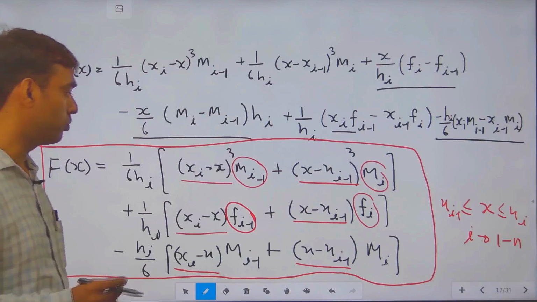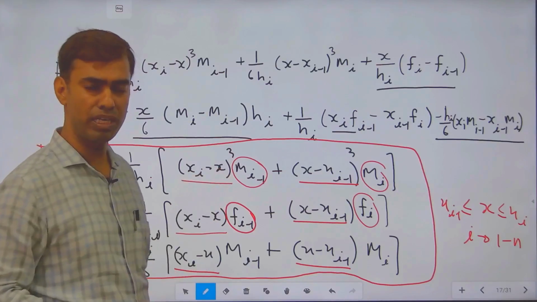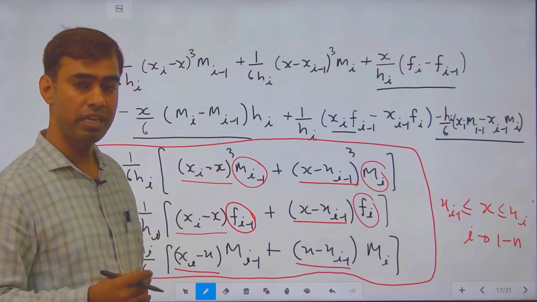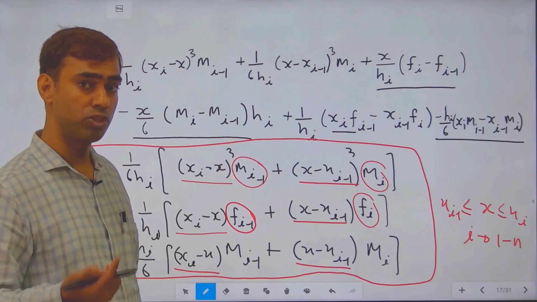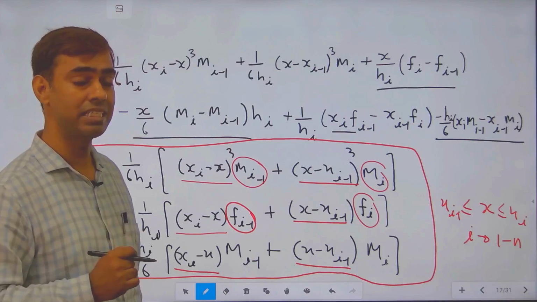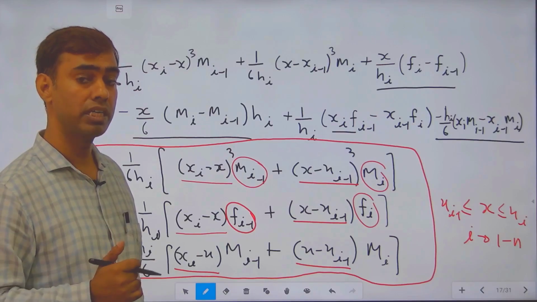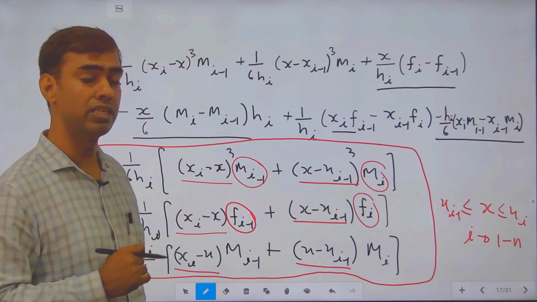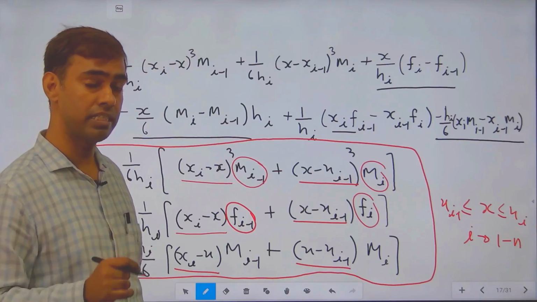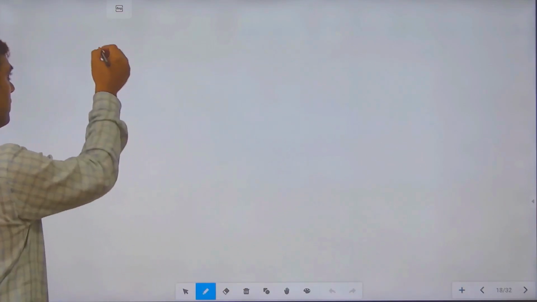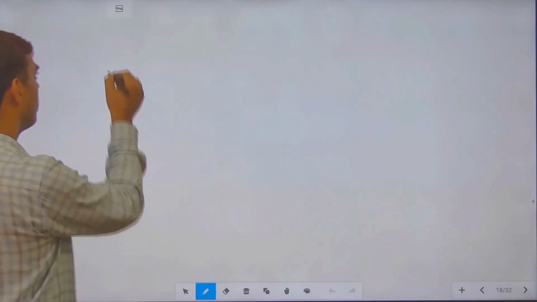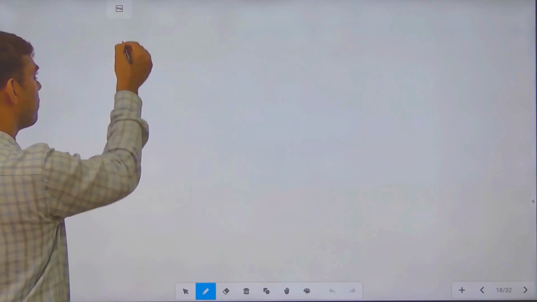In order to find the values of M_{i-1} and M_i, we use another property of a cubic spline: f'(x) is continuous at the internal nodes. So what is the meaning of this? In order to find the values of M_{i-1}, we use the property that f'(x)